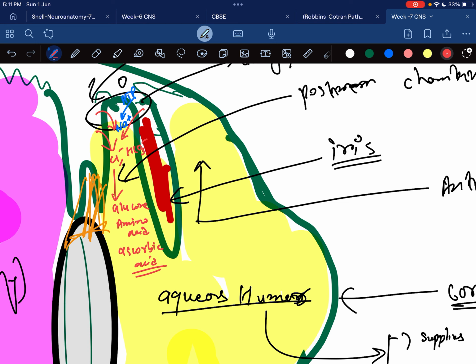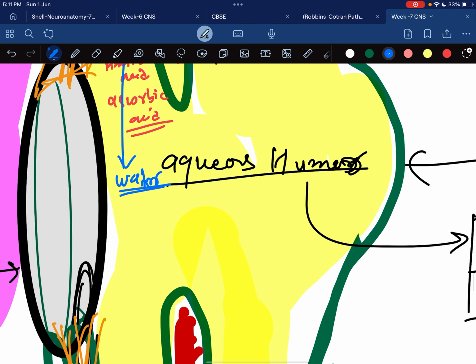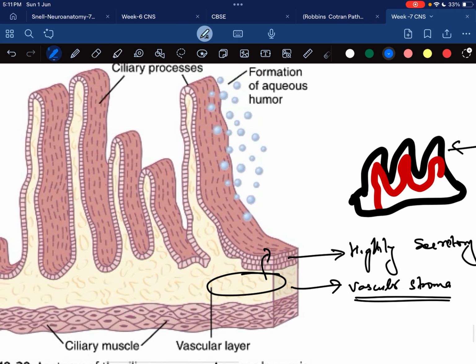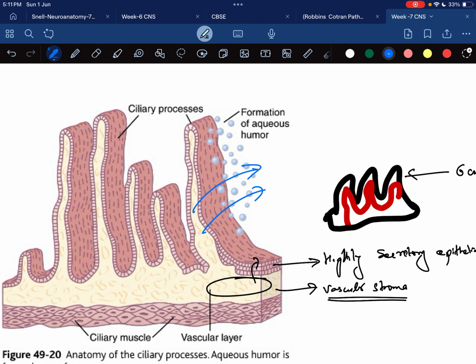So this chloride, bicarbonate and sodium form the osmotic gradient, and osmosis occurs. Due to this osmosis, water is dragged or comes through the vascular region. When we look at this image, sodium moves due to ATP, and chloride and bicarbonate move due to the electrical gradient,